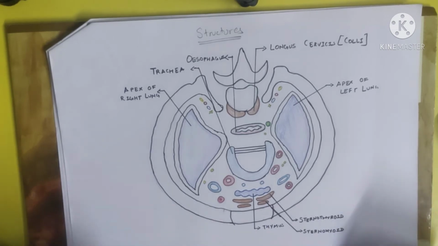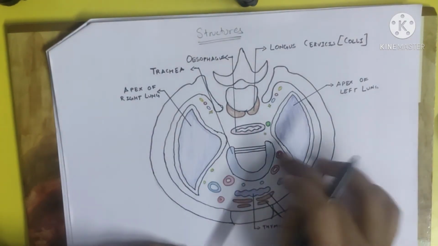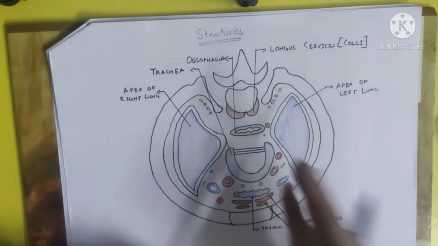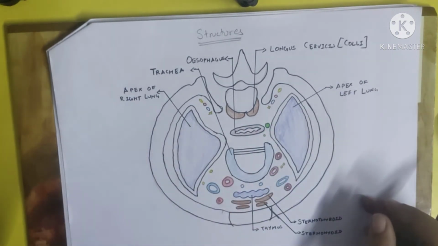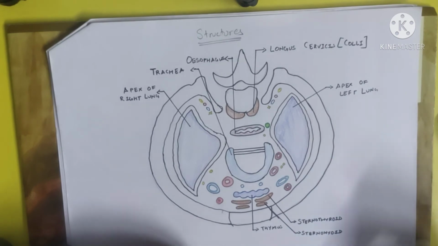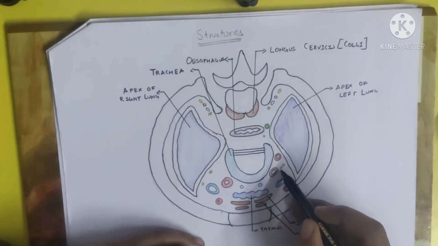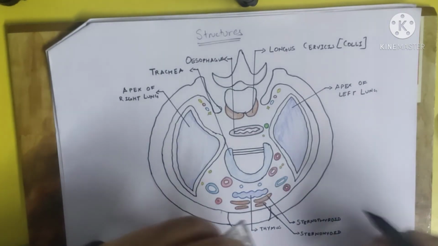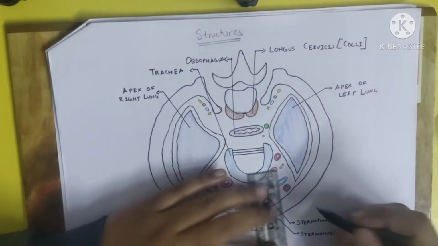Okay, now we will go for these structures on both sides. First we will finish the left side. It is on our right hand side, but for the diagram this is the left side. So first of all, what structures are these? The red ones are your arteries, yellow ones are your nerves, blue one is your vein. So we'll start with this one. This is your left internal thoracic artery.